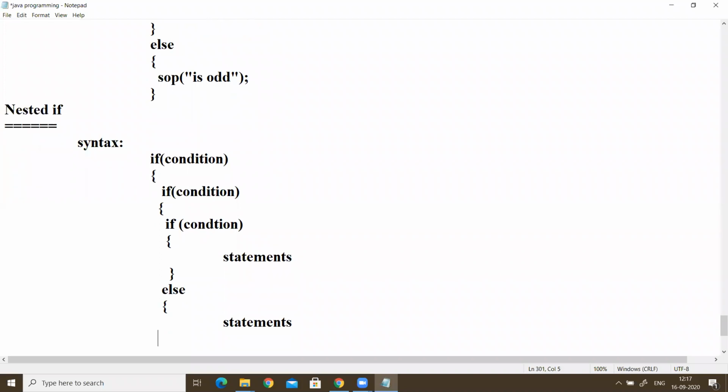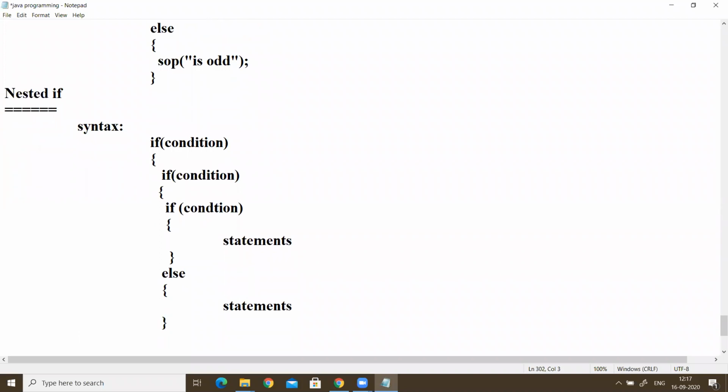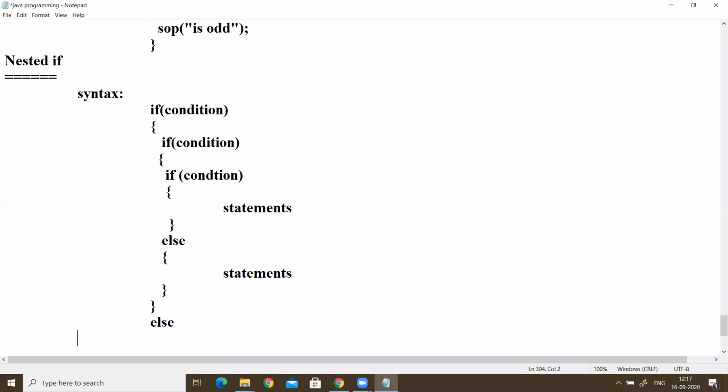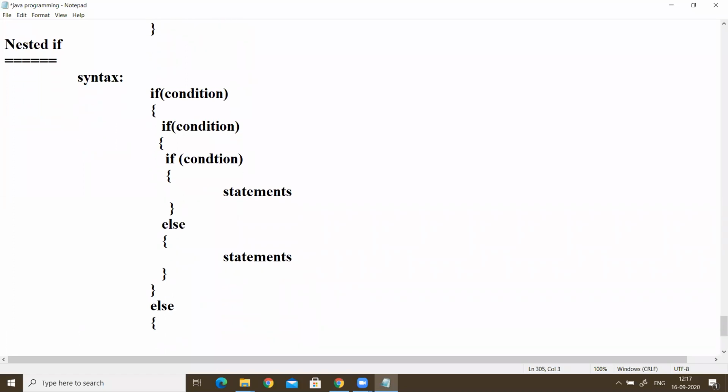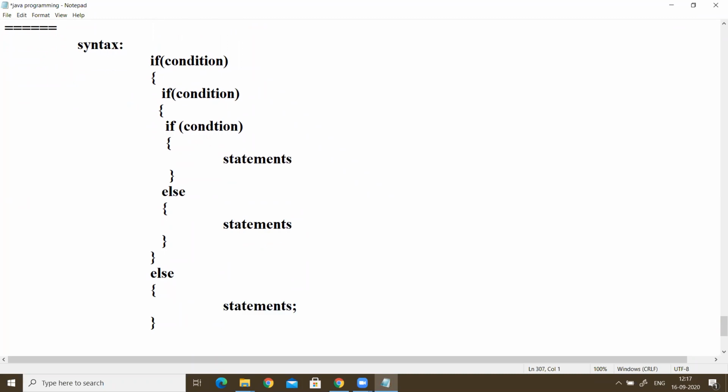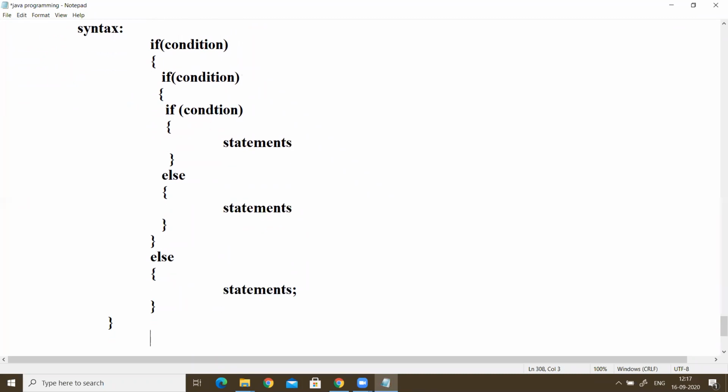The next, we write close the if, and we write again else, again the statements, again close the if, again else.